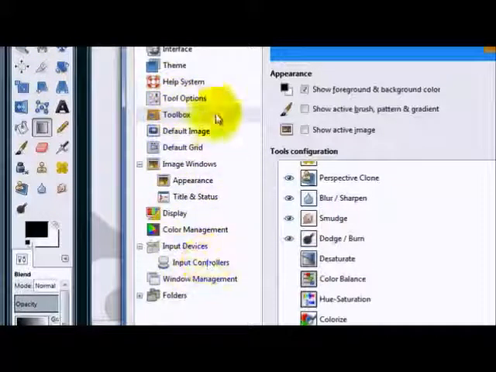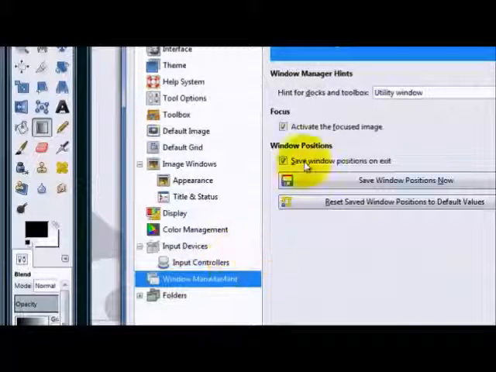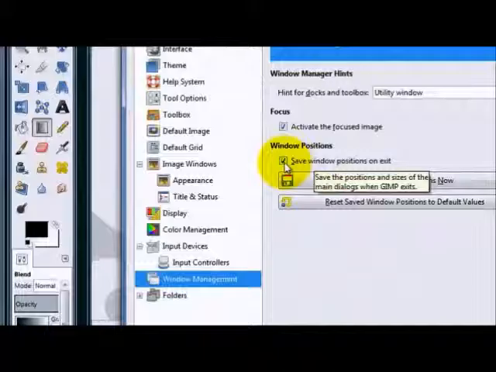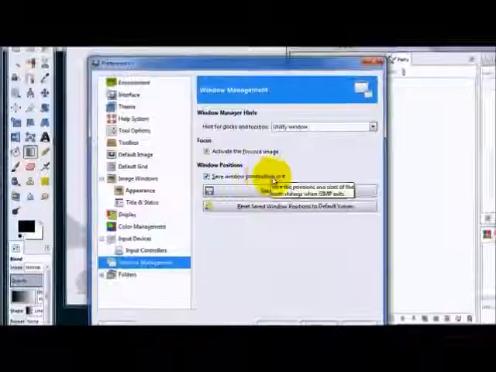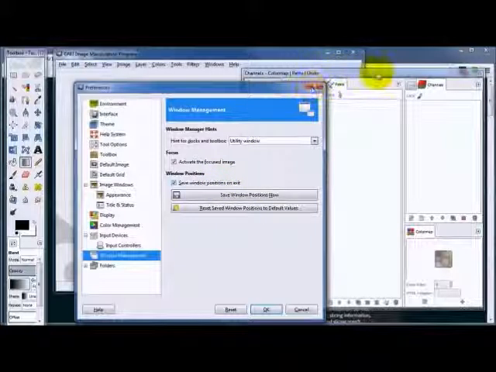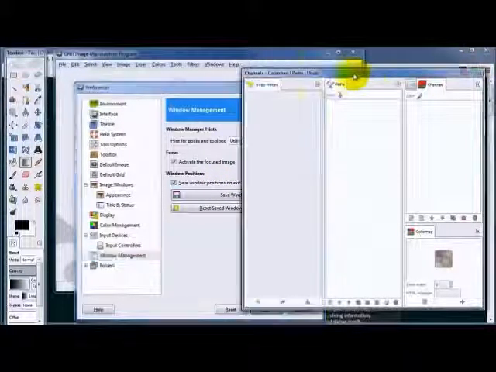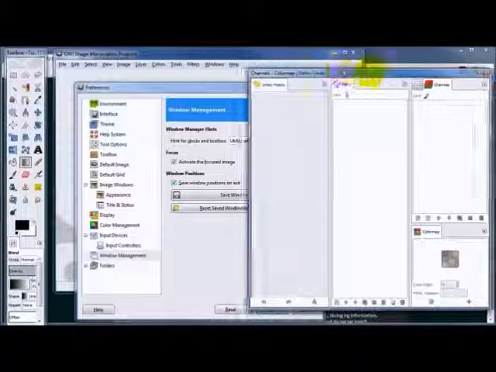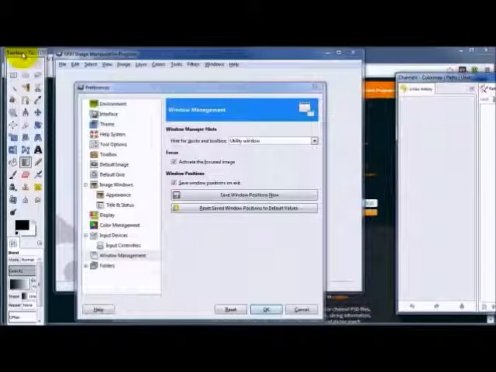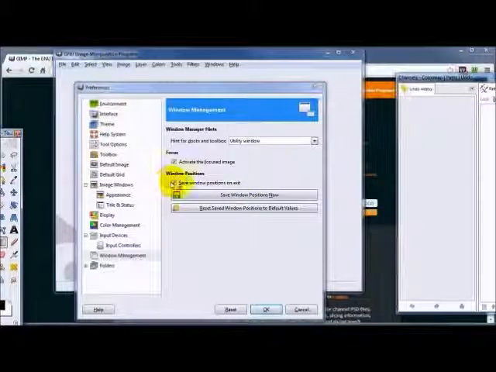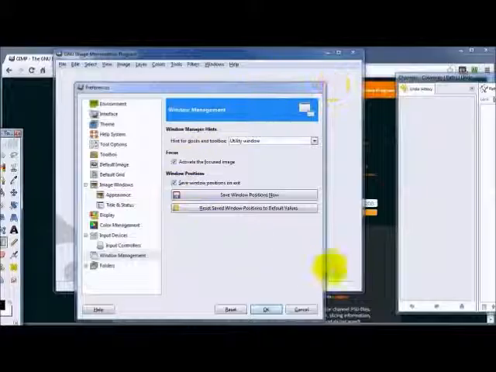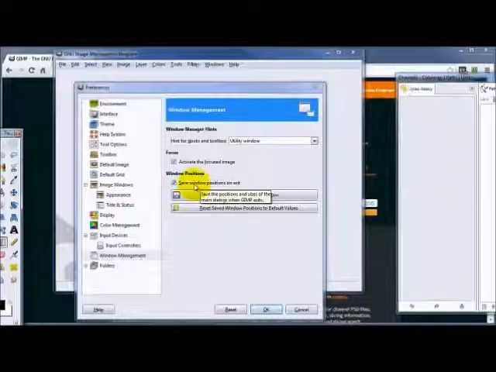Now also over here in the left window of your preferences section, down here under window management, go and select that. And this guy right here, by default, the box is ticked. And that's going to save the window positions on exit. In other words, if I have the dock window for my dialog box maybe right here, and my toolbox right like this, with this box ticked, and I close out Gimp, whenever I open it back up, this is how it's going to open up, just like this,